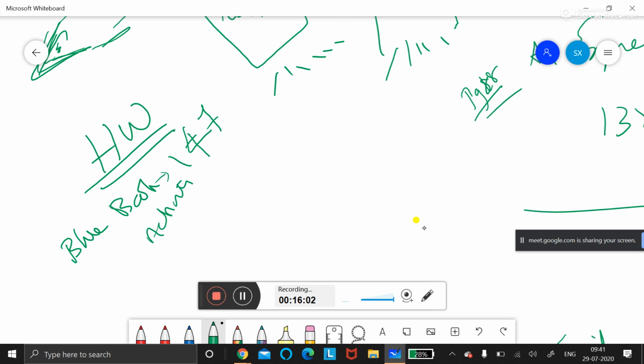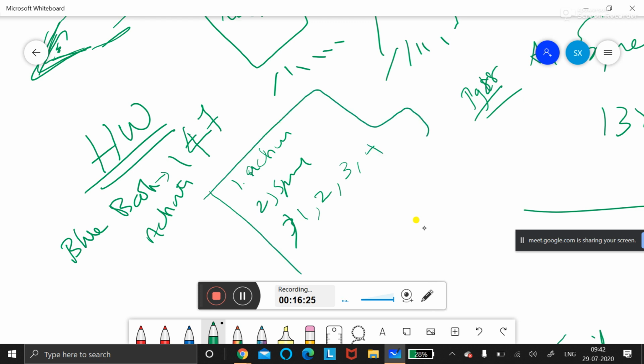Please note down your homework. First one is the activity with the pencil. Second one is the spring balance. Third, in your exercise, do the fill in the blanks, first and second main, at the end of the lesson. Just 4 questions you do. From 5th, we will discuss in the next physics period. And on Saturday you have the first lesson test, a self-evaluation test.